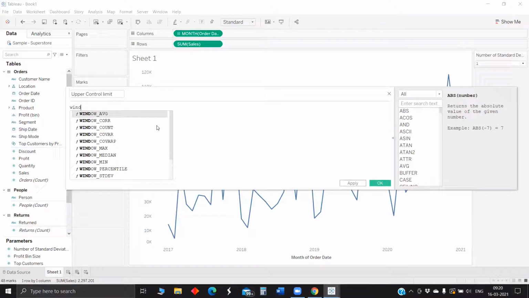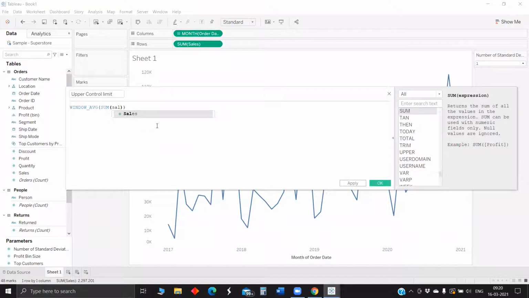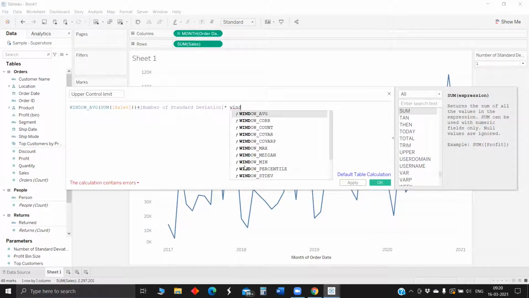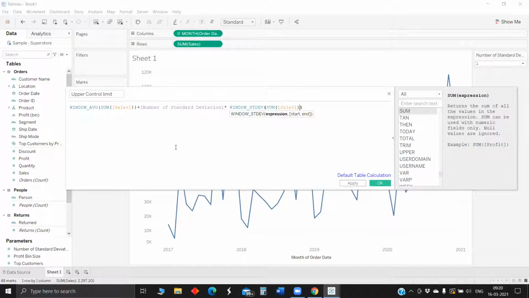Window average of sum of sales, plus, since it's an upper control limit, it should be a plus, number of standard deviation times, to get the standard deviation of sales, we have a function in Tableau which is window standard deviation of sum of sales. So this is the upper control limit.